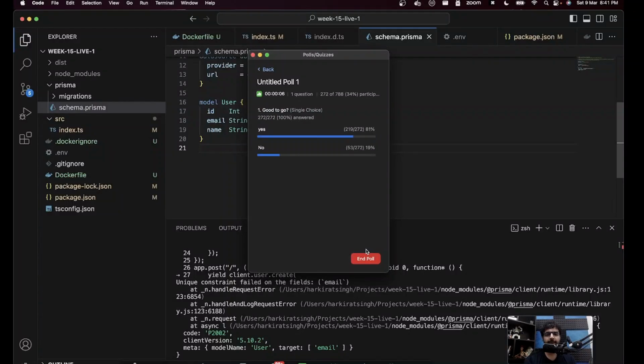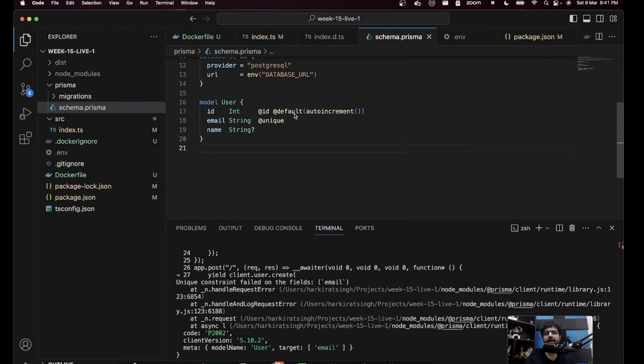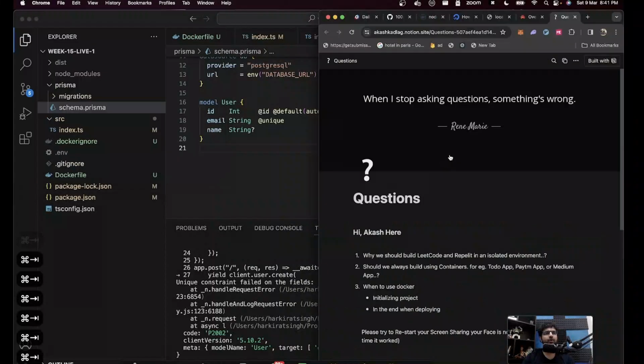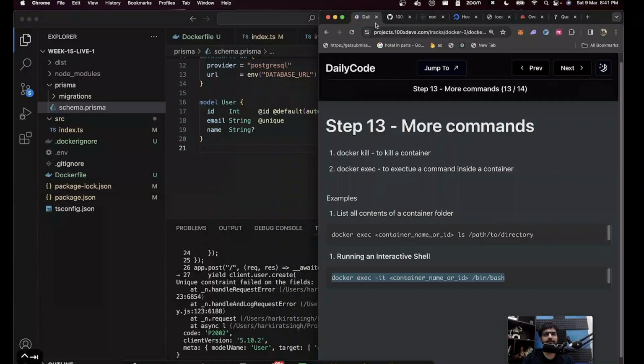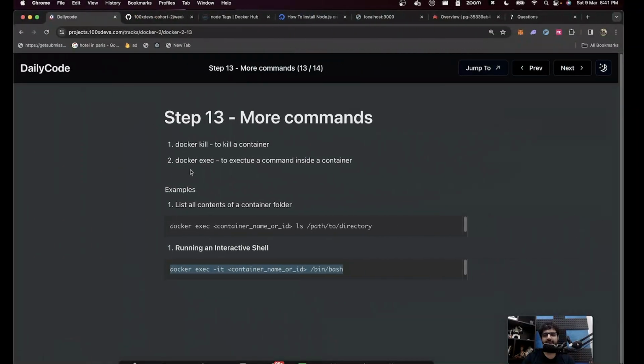Pretty good. Cool. So in that case, the next thing we should quickly learn, which is good to know, is this thing right here on slide 13, which is some more commands. Specifically Docker kill we understand. So Docker exec. This is a common command to execute a command inside your container. You have started a container, but let's say you want to see the contents of a file there. Let's say you want to SSH into that container and get shell access. For that, you can use Docker exec.